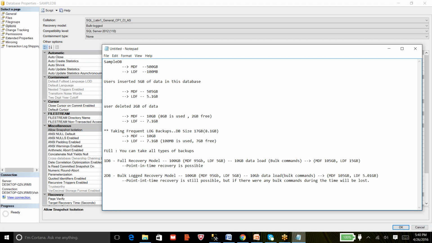So bulk logged recovery model best suits staging databases for ETL processes: extraction, transformation, and loading. If you have a process of loading millions of rows into your database every day, then people often choose bulk logged recovery model. Or else, if it is full recovery model, then the LDF file will spike up and fill up your drive space. And the third type